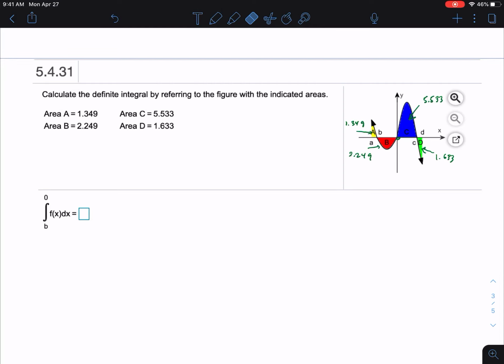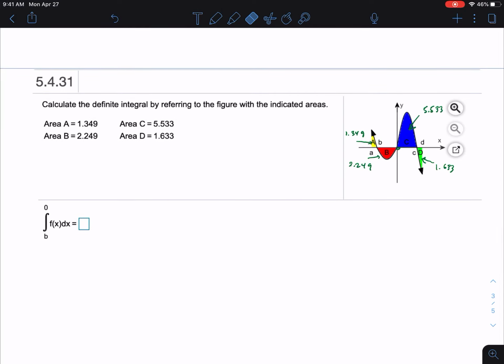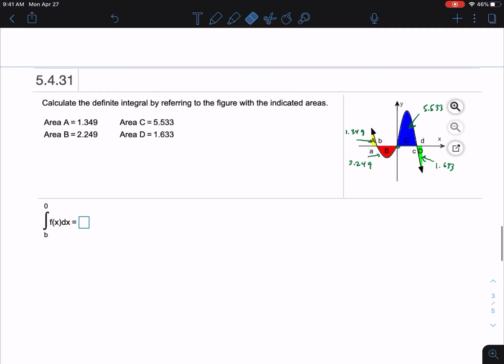Alright guys, welcome back. In this video, we're going to quickly demonstrate two examples from lesson 5.2 homework. Within the example, I'm going to go over a few properties of the definite integral. I'm not going to list out all the properties, you can find them in our lesson textbook. But as we do this example, I'm just going to state the properties we have when it comes to